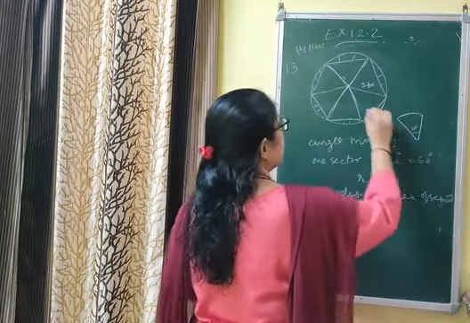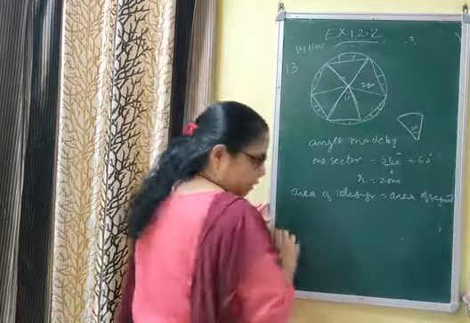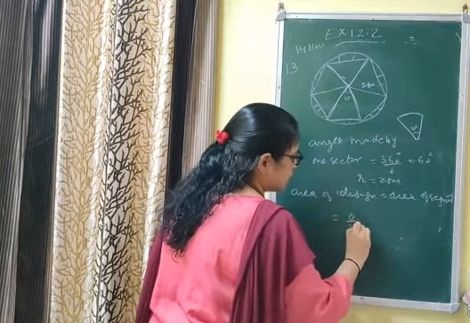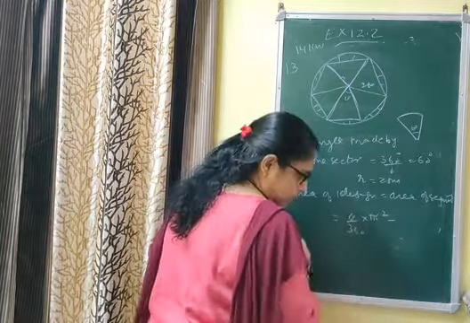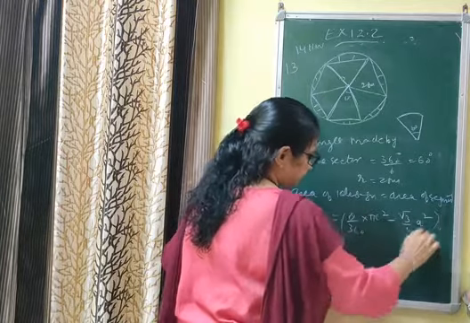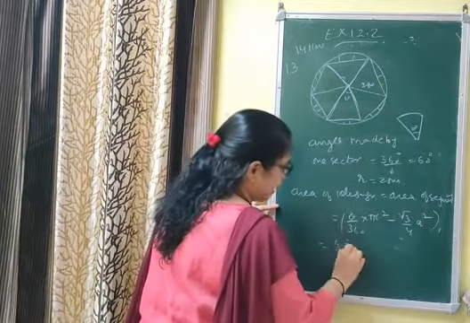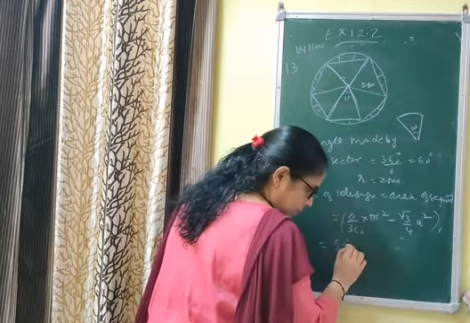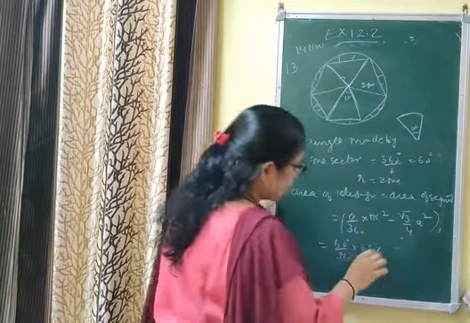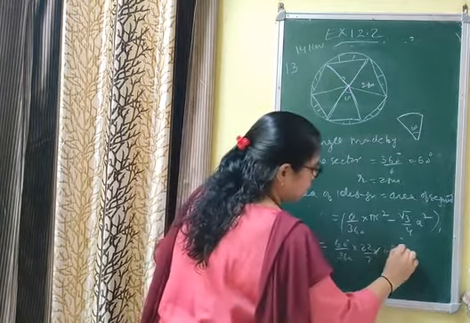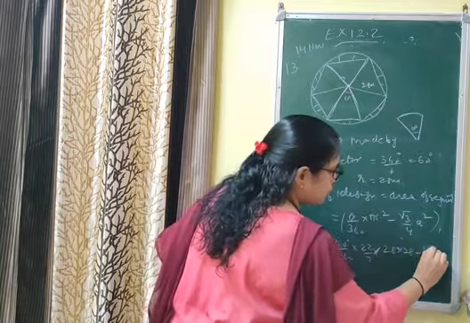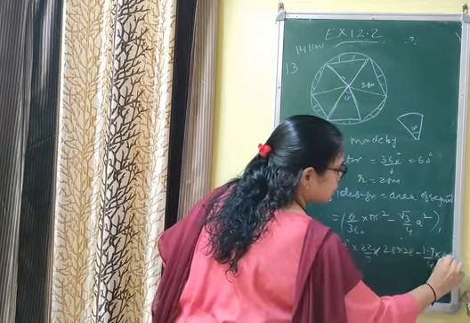सेगमेंट का एरिया है, यहाँ 60 आता है तो ये पूरा इक्विलेटरल ट्रायंगल बनेगा. That is, one design का निकालते, that is θ/360 into πr² minus the formula of this is √3/4 a² since triangle is equilateral. That means if you write the value, 60/360 into π is given as, what is the value of π? 22/7. Let me check. π का वैल्यू 22/7 ही दे रखा है. r is 28 into 28 minus √3, √3 is given as 1.7 by 4 into a² is 28².